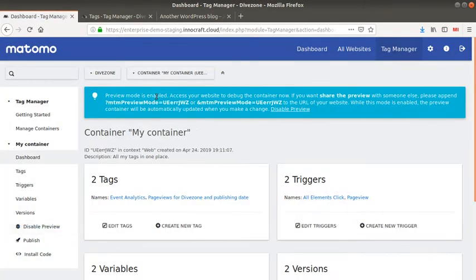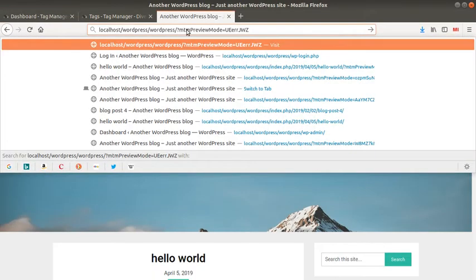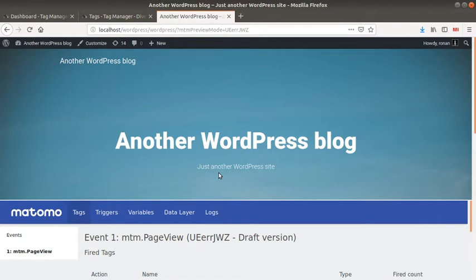So once the preview and debug mode is activated, you need to use the following parameter to append it to your URL in order to activate it. So you need to copy and paste this part and put it here. It may happen that in some cases you may not see it. If that's the case, just push the CTRL key plus F5 in order to clear your cache out, and you will see that probably after this process you should see the preview and debug mode activated that you can see here below. So this preview mode is working this way.